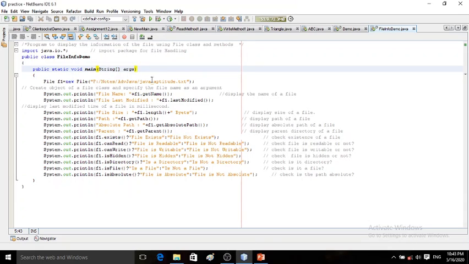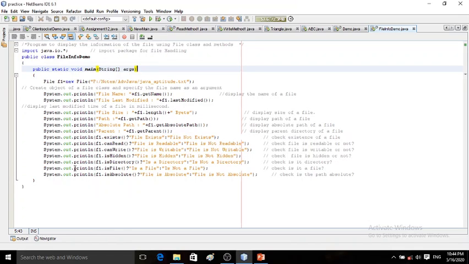So we know that our java_aptitude.txt extension is there. That means it is definitely a file, not a directory. But still, we want to use all these methods. Here we have written System.out.println f1.isDirectory. We will check whether it is a directory or not. We know that it is not a directory, so the condition will be false, and we will get the result "is not a directory". If it is a directory, we will get "is a directory" as a message.